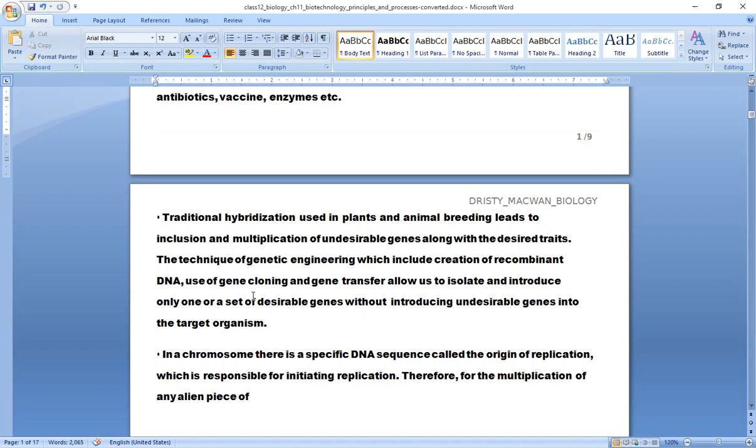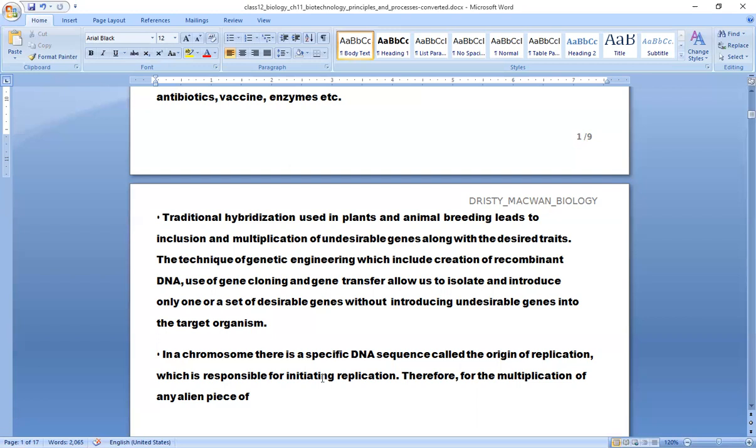Gene cloning: the word cloning means the formation of a replica. Now you have already studied the process of replication, right? The process of replication says that the DNA strand is replicated, that means it is forming an exact copy of the parental strand. In the same way, when the gene is present, gene cloning means whatever strand of the gene is present, it is exactly being cloned. Whatever the parental gene is, the same type of gene is formed, and that is said to be a clone. And as it is cloning the gene, this type of cloning is known as gene cloning.